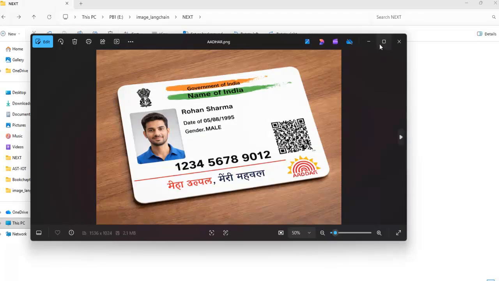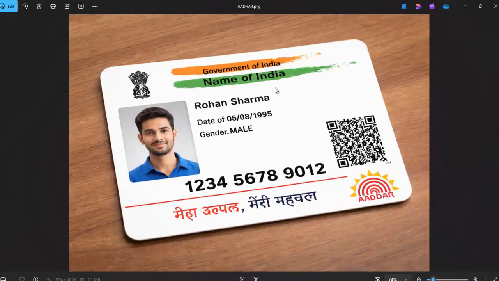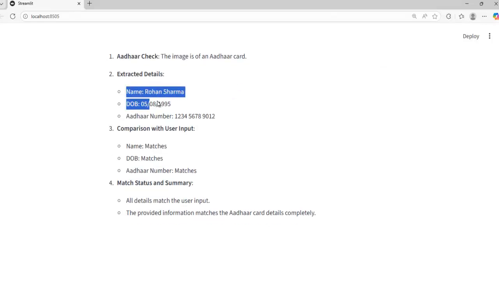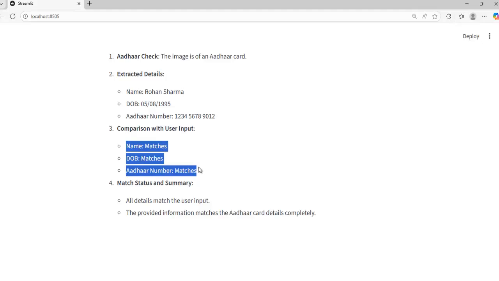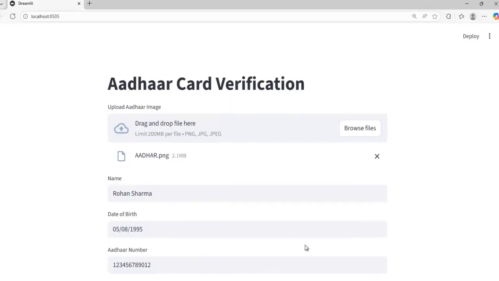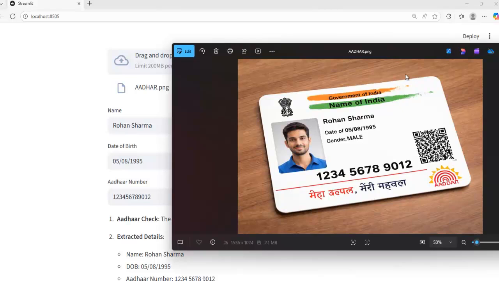For your information, I have used this Aadhaar card that I generated from ChatGPT just for teaching and learning purposes. Great. You can see the image is of an Aadhaar card, and the extracted details. You can see the comparison with user input: name matches, date of birth matches, Aadhaar number matches, and the match status and summary. Great. You can compare with this, right?